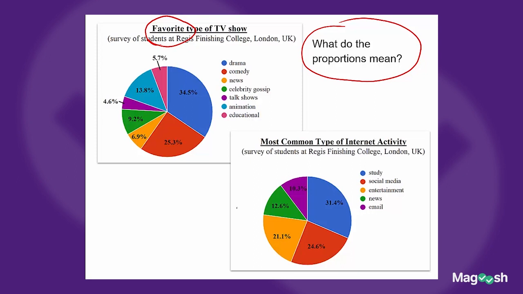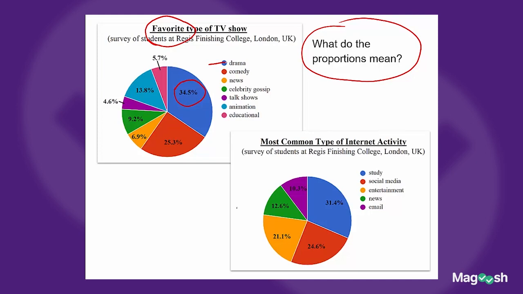We might guess that students spend a lot of time watching their favorite kinds of shows. But maybe they don't. Maybe they're too busy studying and they don't have time to watch even their favorite kinds of shows. All right, just keeping it clear what the percentages mean here. This 35% does not mean that students spend a lot more time watching these kinds of shows. It simply means that 34.5% said that dramas are their favorite type of TV program. Okay, so what do the proportions mean? In the first pie chart, we're talking about the proportion of people who say that this is their favorite kind of